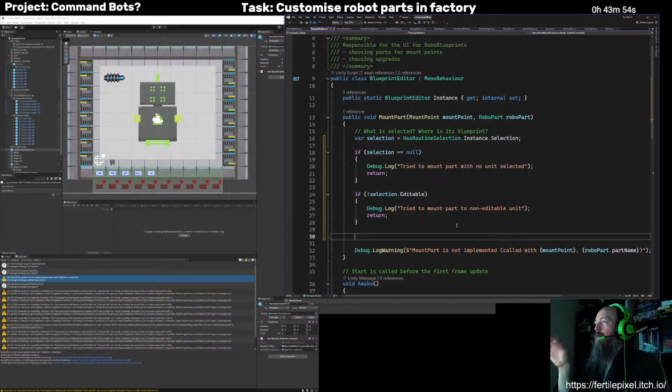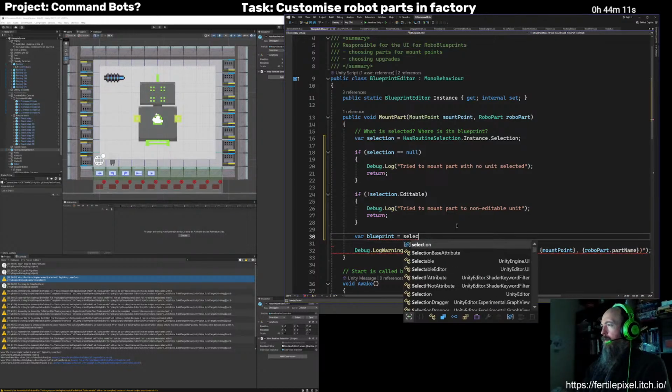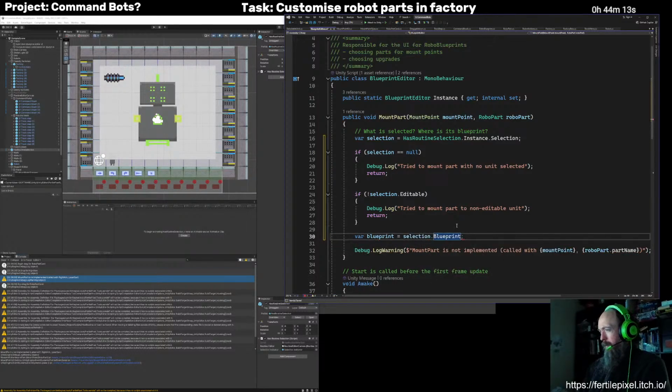Alright, so now we know that we've got an editable thing selected. So now we're allowed to change the blueprint. So now we can say, let's grab the blueprint from the selection.